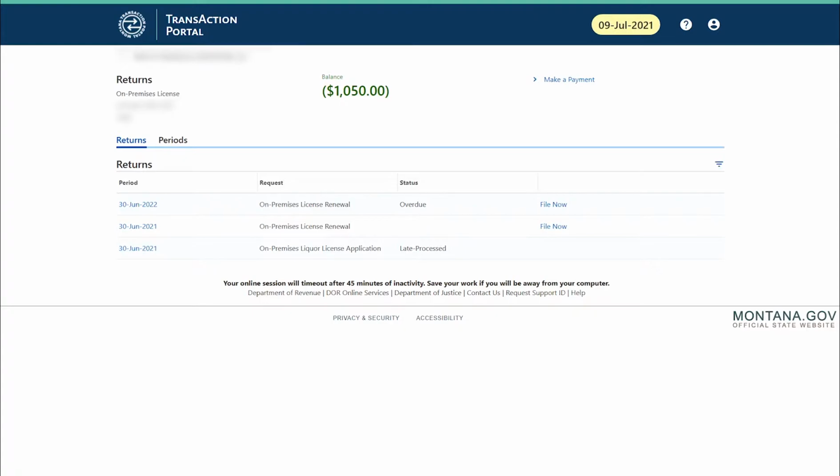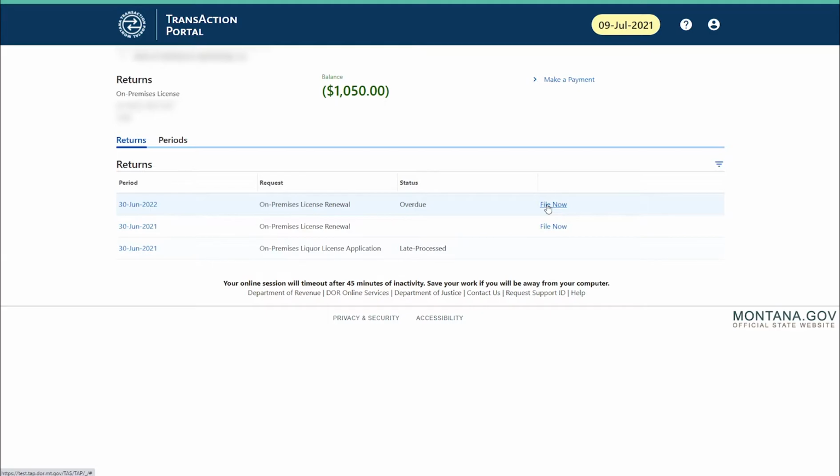This screen lists all previous periods on your license identified as the fiscal year ending on June 30th. To submit your renewal, make sure you choose the correct and most current period. This will always be the period with the year ending in the next calendar year. It is very important you choose the correct period to avoid any delay or issues with the processing of your renewal.